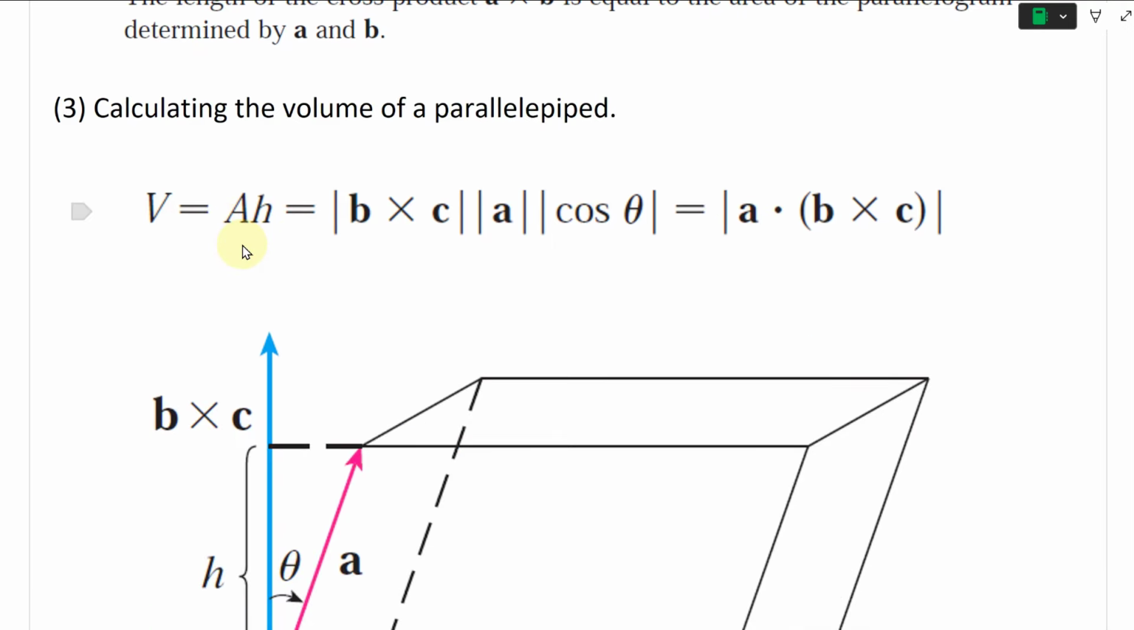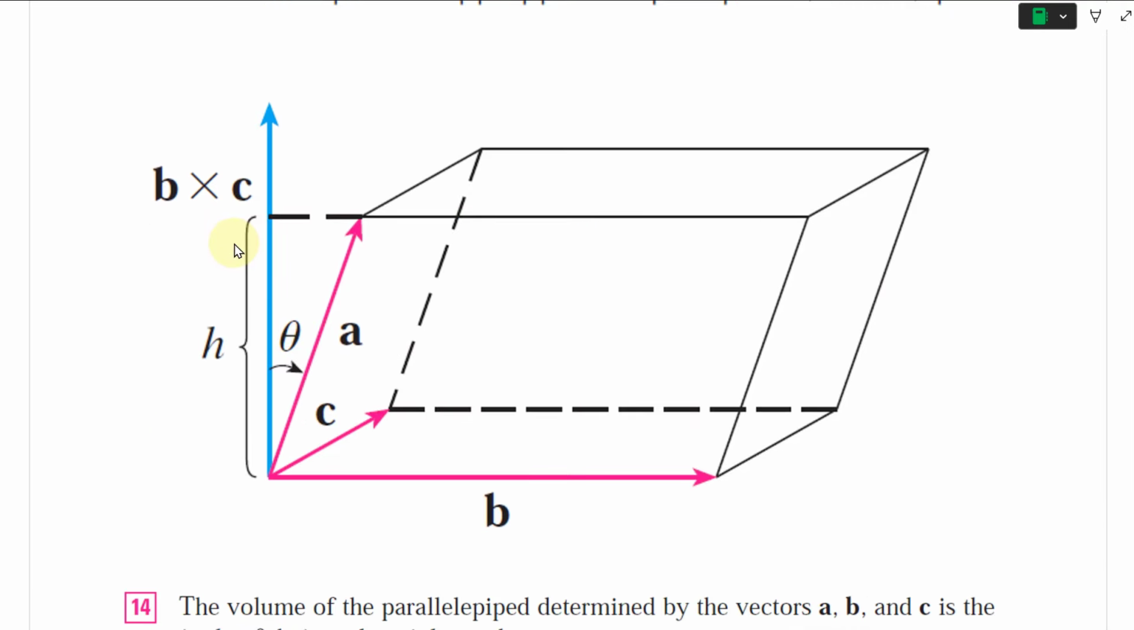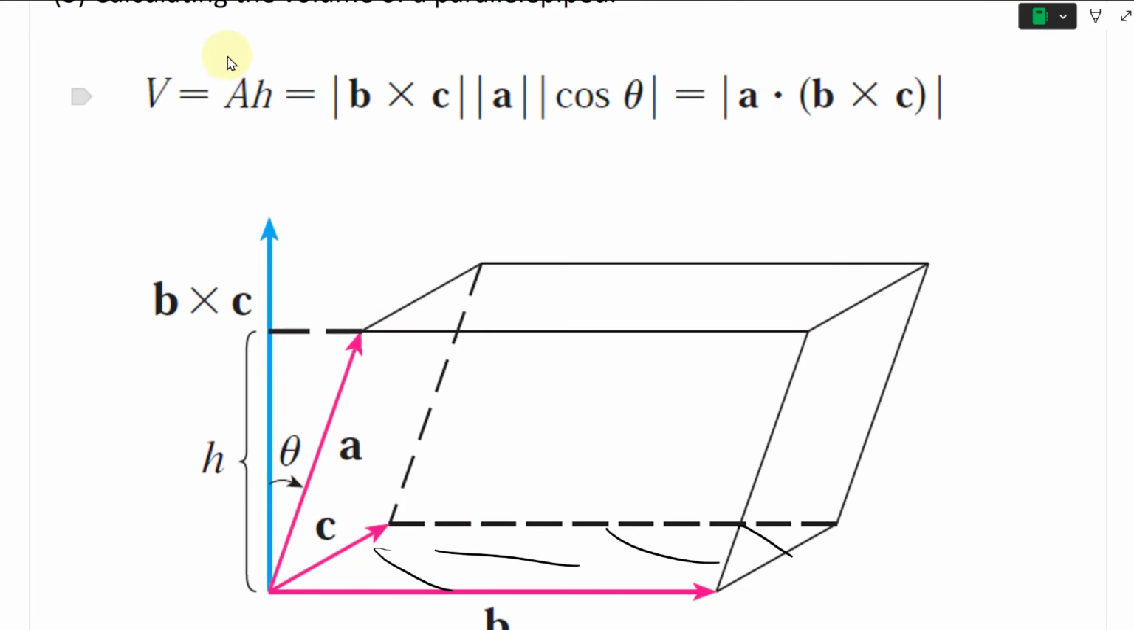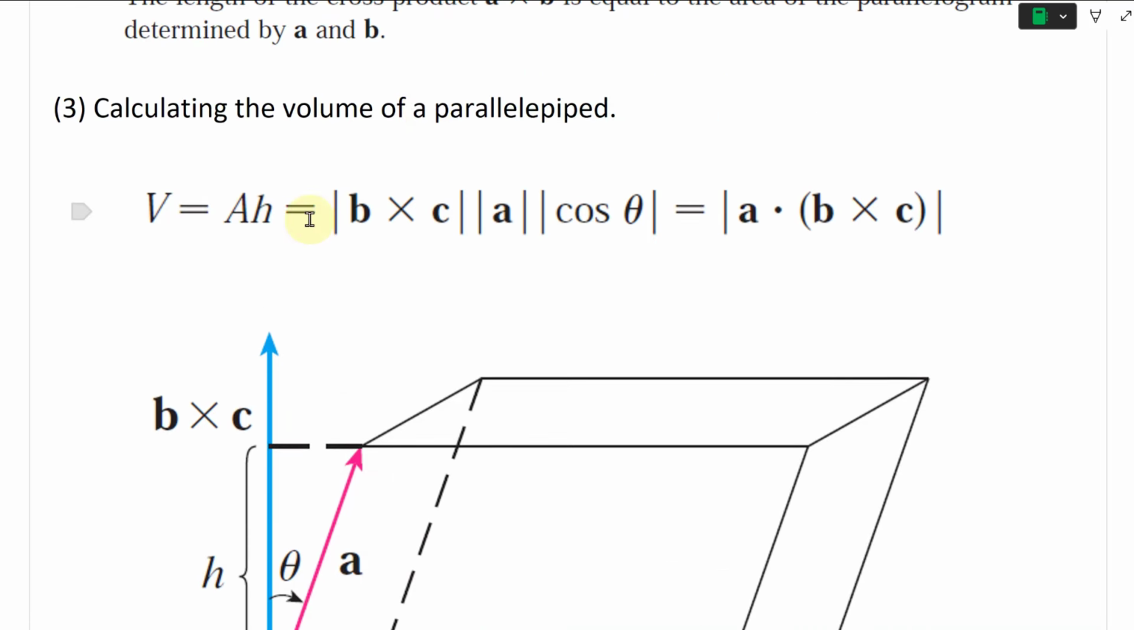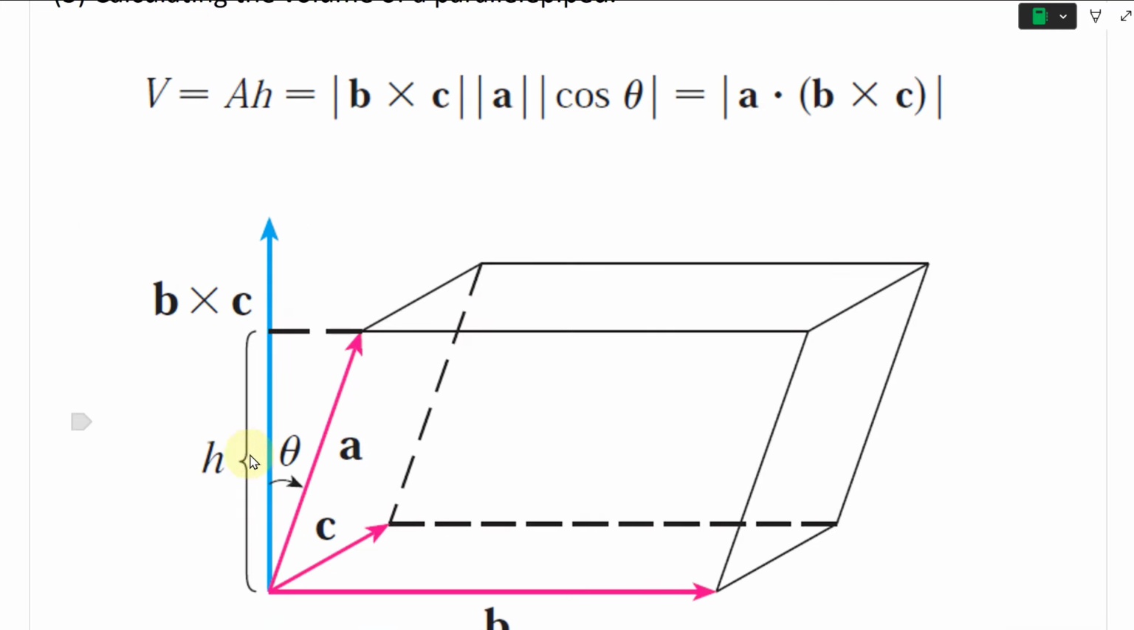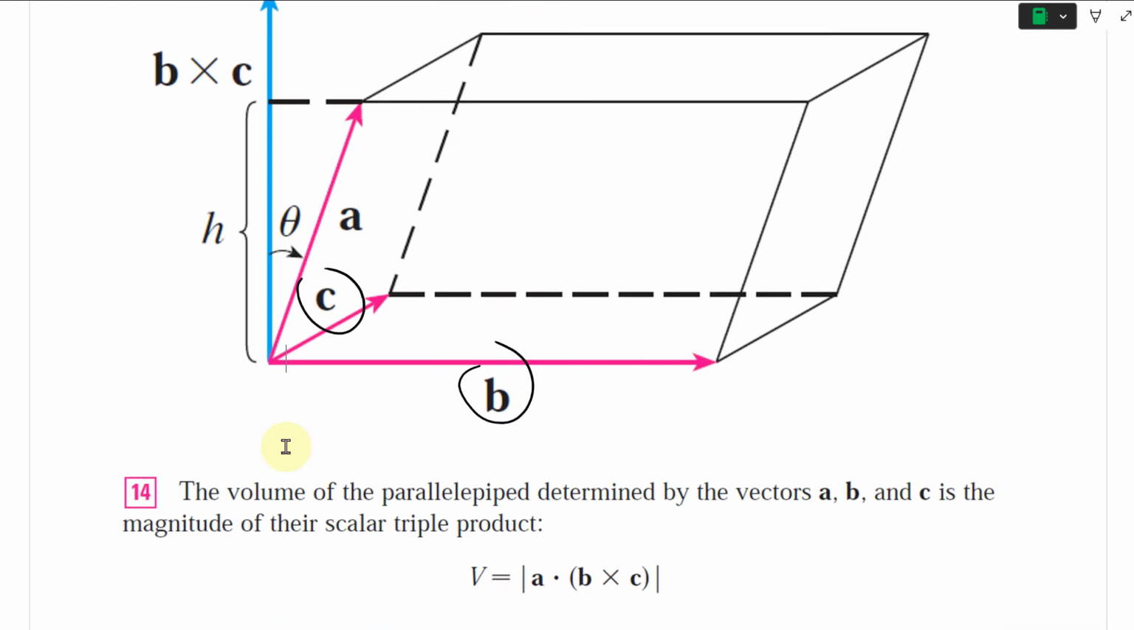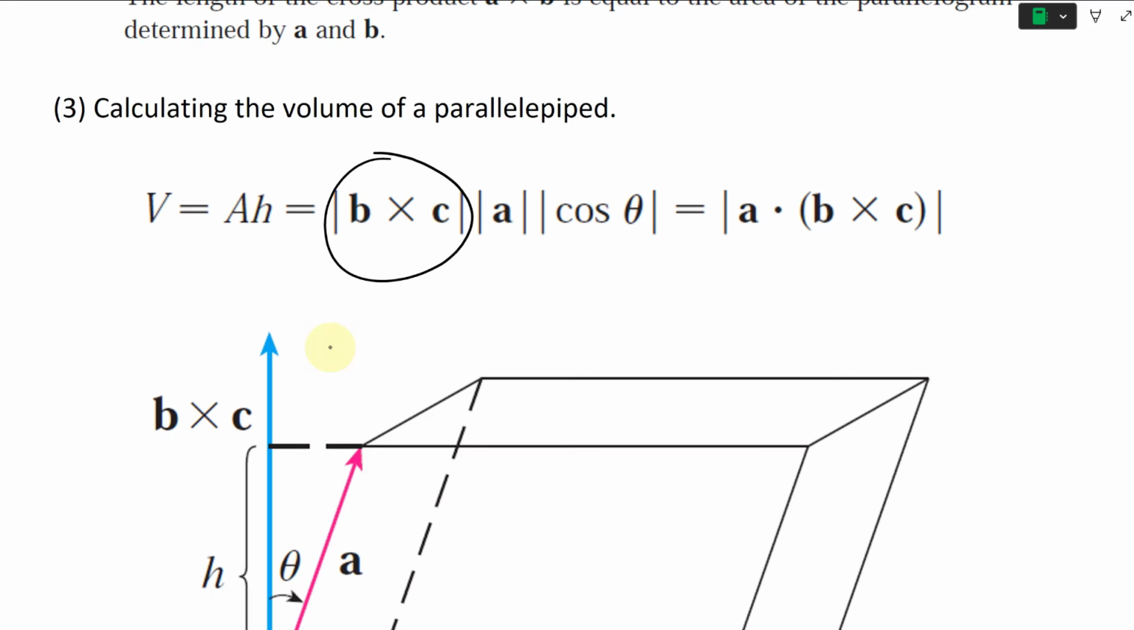So the volume of a parallelepiped is equal to the area, so we know the area of the parallelogram, times H, the height of this parallelepiped. So basically take the area of this times the height, and you're going to get the volume. So in other words, if these are the B and C vectors, this area is going to be the length of B cross C, like that. That's this, and then times it by